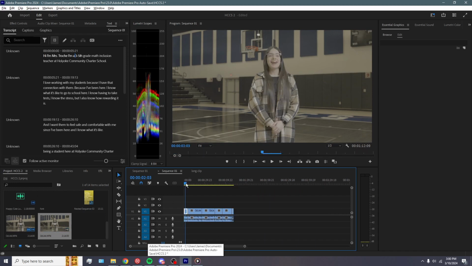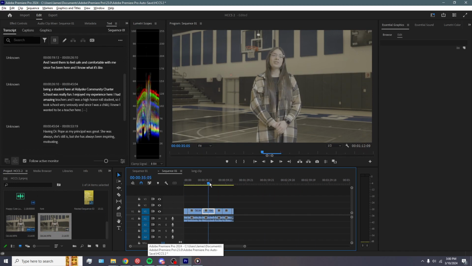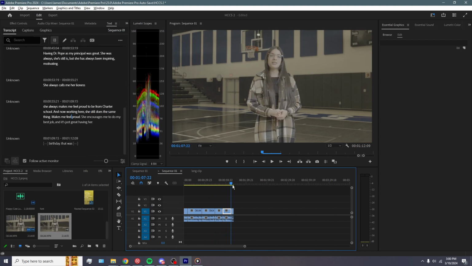So now that I have removed all the dead space, we're going to get into the body of the editing. Normally, what we like to do for our organization is we like to add a little end cover. So this is going to be that. It's going to transition from this being the last part. It's just great having her. And it just so happens